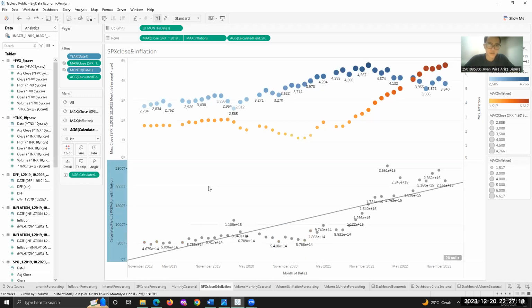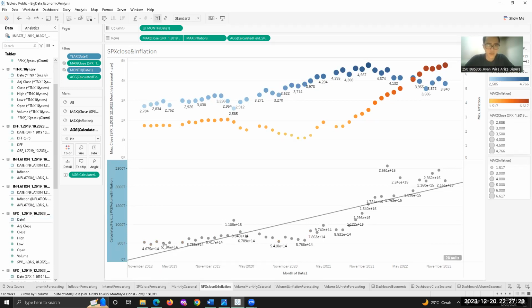This is my calculated field. It consists of the US 500 composite closing price multiplied by the volume multiplied by the inflation to give us an inflation and volume adjusted closing price. We can conclude that whenever you want to buy the composite from the US 500 stock base, we could look for buying at a discount when it crosses below the trend line, because when it crosses below here, we're seeing lower inflation